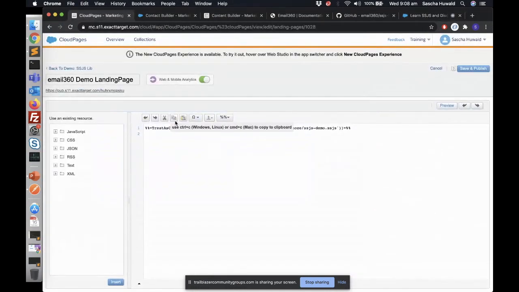So just a quick one on how I present this now. Maybe a few of you will know that there is a function called treat as content, which allows you a bit faster development as well. Rather than writing your SSJS code in the editor of Salesforce Marketing Cloud and then trying to save and publish and sometimes waiting up to 5 minutes to refresh the page,